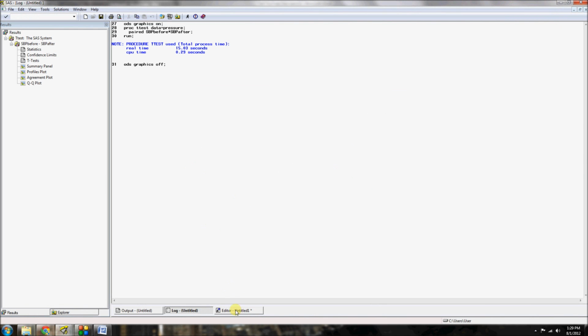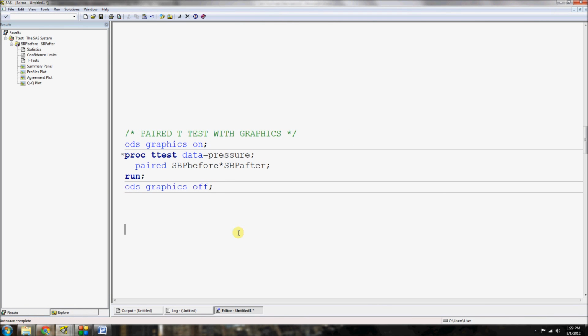Now, from last time, if you remember, there's one other thing you could do to make absolute sure that your variables are normal, and that is you can use the PROC UNIVARIATE procedure. Let's do it on this data pressure. We're going to do it on variable systolic blood pressure before and also systolic blood pressure after. I'm going to type histogram slash normal, and that slash normal part is what's going to give us the tests